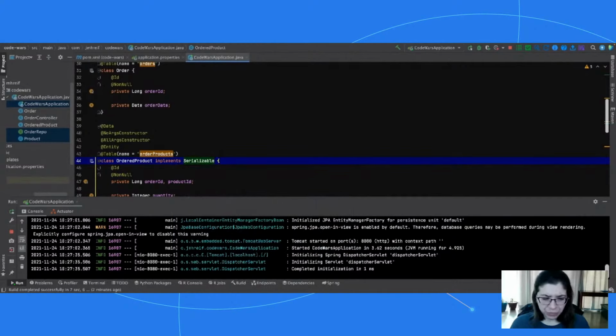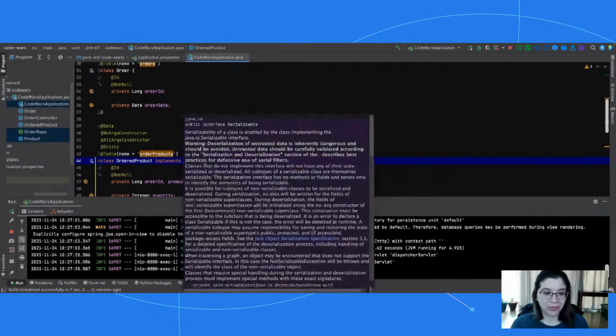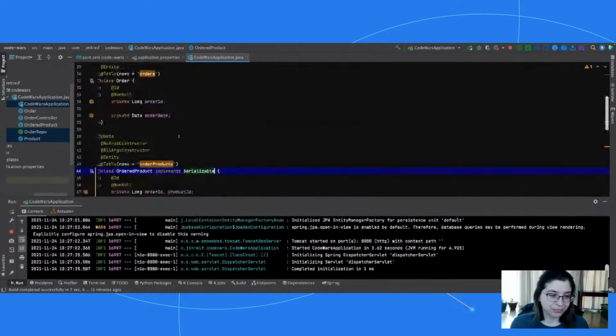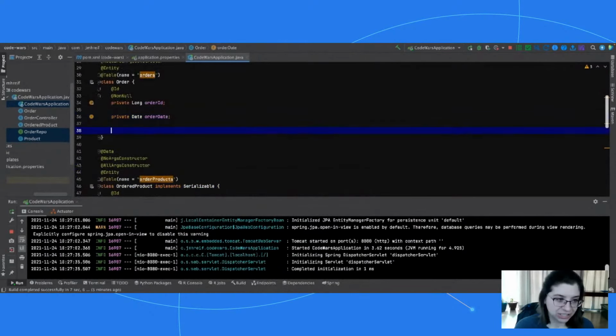Most of the time it just automatically does it, but there's a couple of caveats. One of those being the composite key that I've used here, which requires you to specifically implement this serializable class. So I have to do this, or it'll throw errors at me when I run it. Okay, now let's go back and add our relationships here.